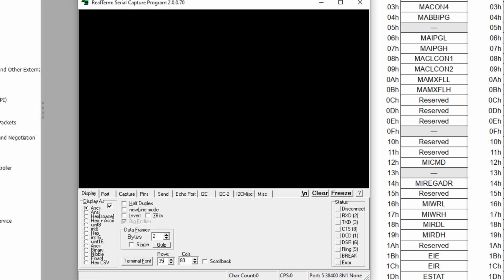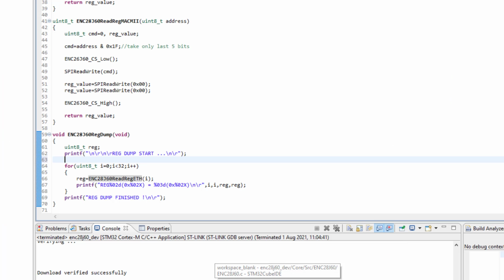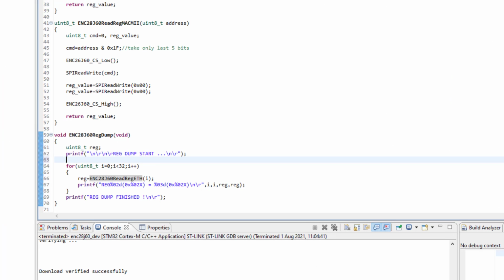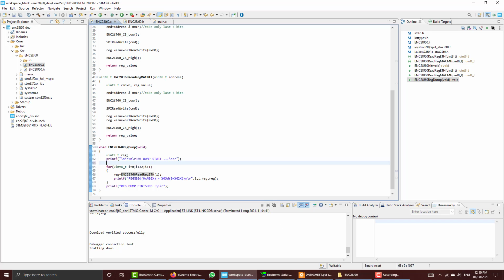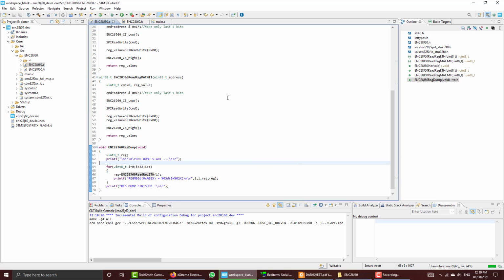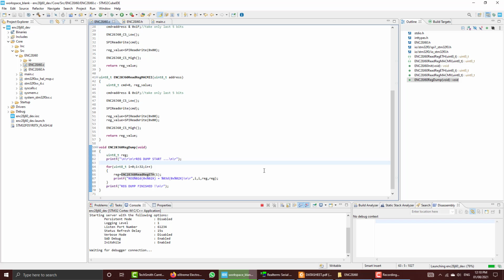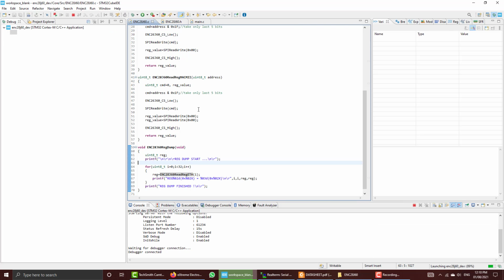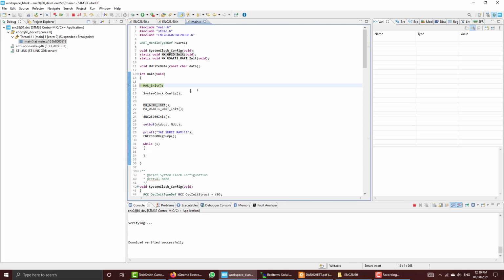Now let us try this interface. You just keep your eye here. Whenever data is received, this green block moves. So I will start debugging. Debug has started.